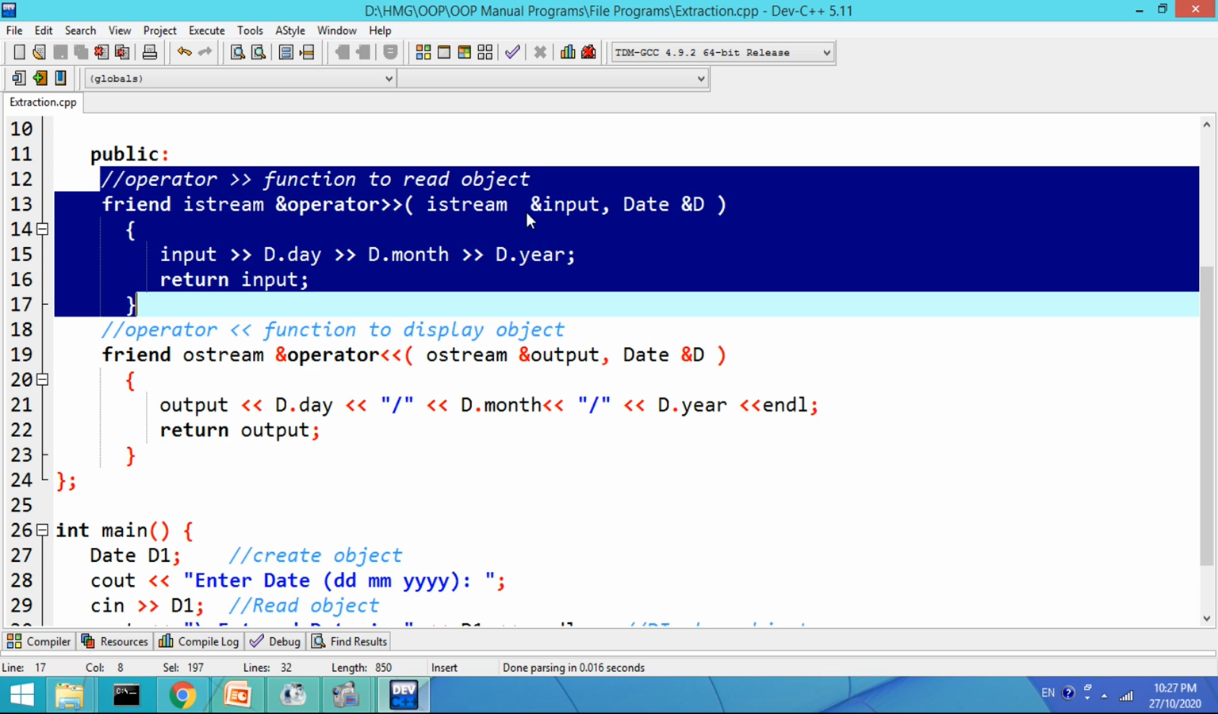and which is accepting two objects, that is the input object of the type input stream class, and D is the object of Date class, and it is also returning the input stream object. So here: input extraction d.day, extraction d.month, extraction d.year. So like this the three data members are accepted using the input object and extraction operator, and the same object is